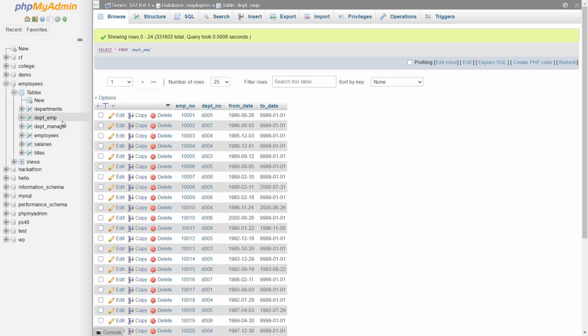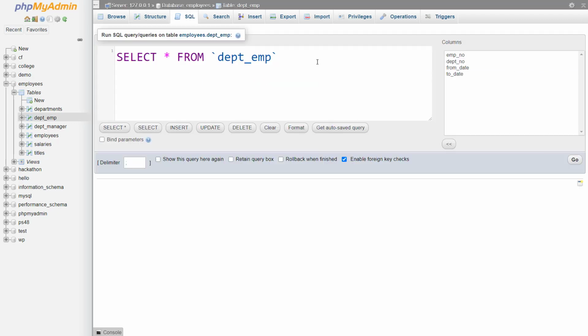Now I will show you one of the practical use cases of this union operator. Here we have the table for the department employee relationship, and here we have the table for the department manager relationship. I want to combine both tables, but at the same time I want to know which particular employee is a general employee and which one is a manager. Let me write a select query to select all of the employees. I will write select star, and then a comma. Here I am writing one more column.